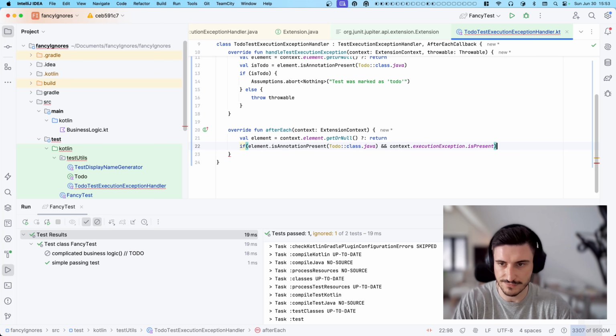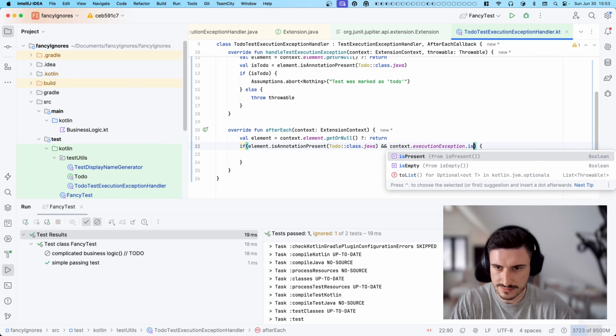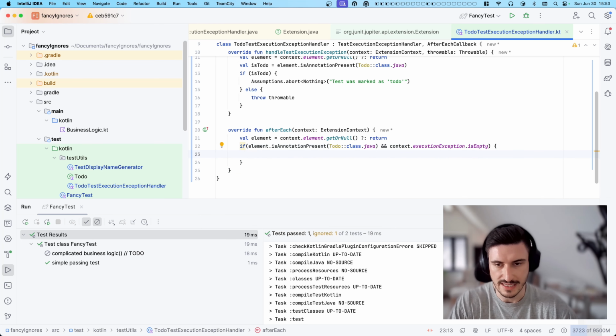So if both of this happened, not present, then in this case, we know that the test was marked with a to-do, but there was no exception present. Now we need to report this as some kind of failure back,